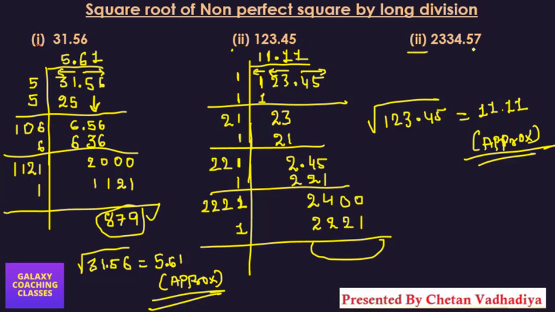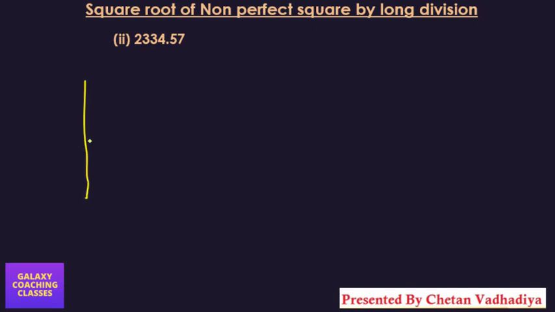Now moving towards question number 3. So again guys, we need to make pairs. So let me do that. So this will go on this side, this will go on this side. You can see here we are having 2, right? So we are getting all pairs. So now, perfect square number less than 23. So what will you take? 4 4s are 16, 5 5s are 25. So 25 is greater than this. So we need to take 4 4s are 16.